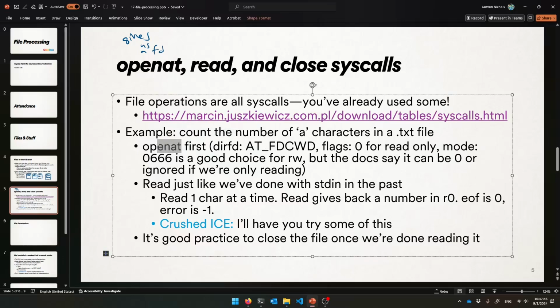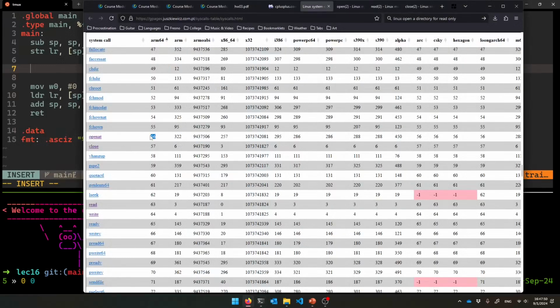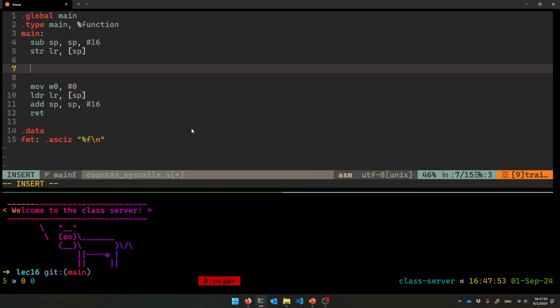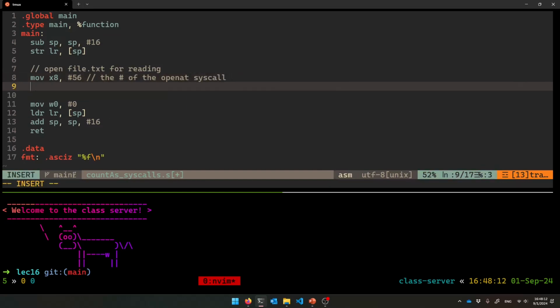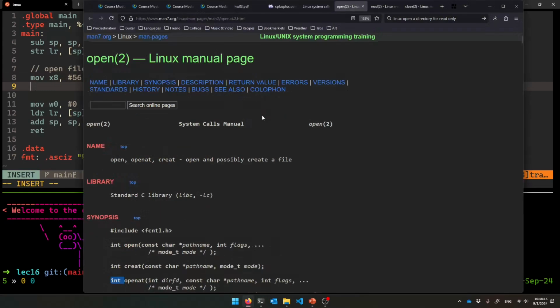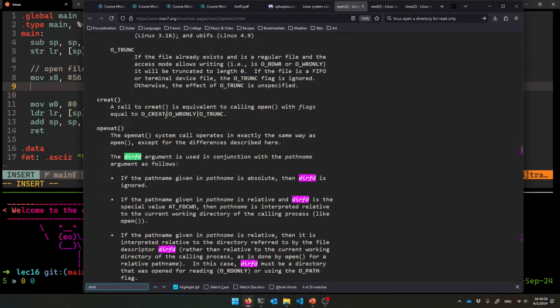Okay. So I need to make the openat syscall, which is syscall number 56. So that is going in x8. All right. So I want to open file.txt for reading. And so that's x8, number 56. That's the number of the openat syscall. And then you could print this out. You can include this header and print it out yourself if you wanted to know, but if you search for dirfd here,